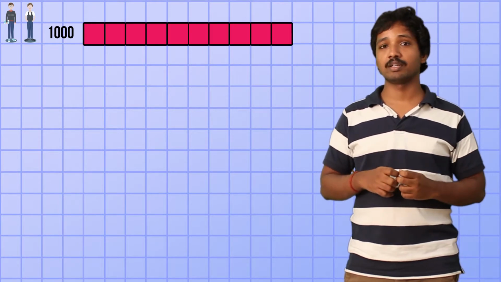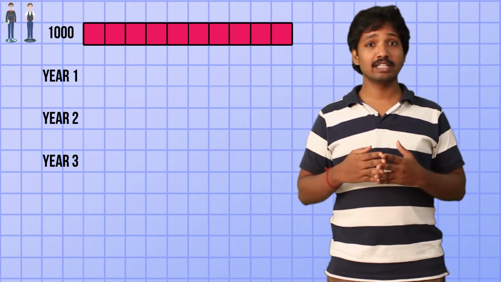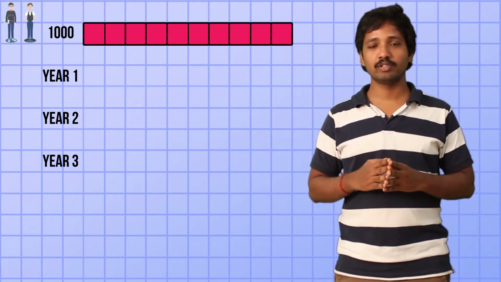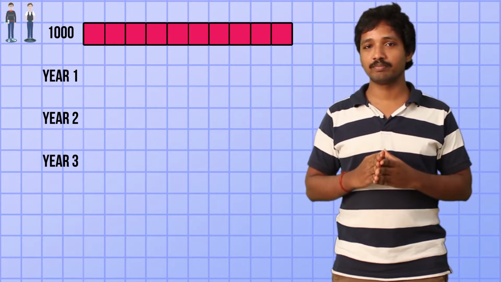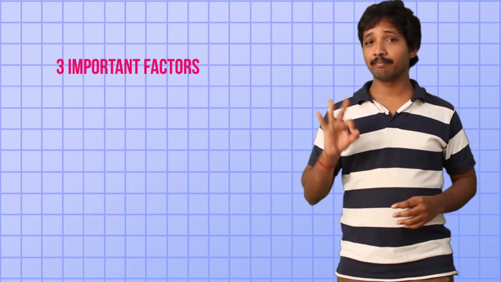To understand the simple interest concept, let us look at a real-time example. We introduce two characters, Santosh and Raju. Santosh has borrowed from Raju an amount of rupees 1000 for a period of 3 years at the rate of 20%. So what is the amount Santosh has to repay to Raju after 3 years at simple interest of 20% per annum? In this example, you need to closely look at three important factors.